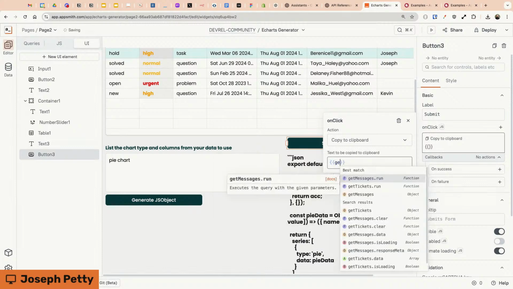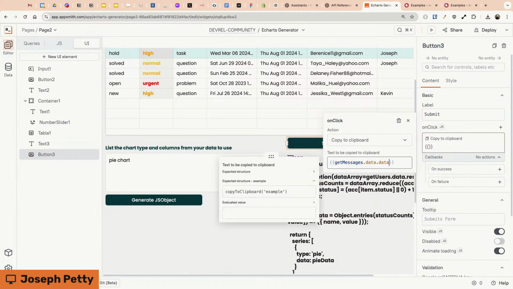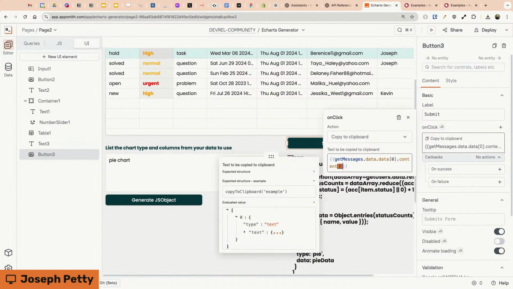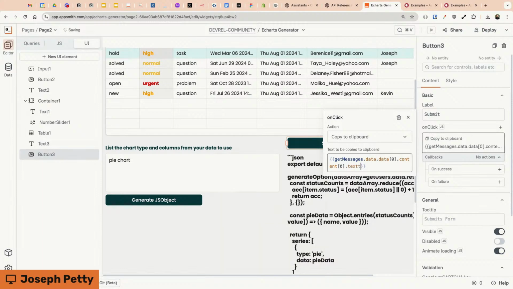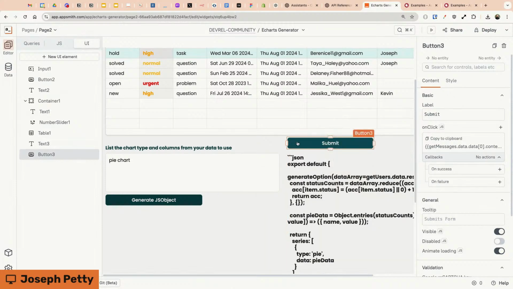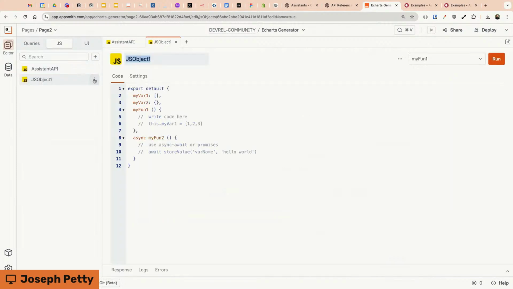I'll just type this. It's get messages data. We'll practice this structure, right? Yeah. I've done it enough times. I know where it's at now. I don't need to look, but it's still pretty nested. Text value. There it is. Okay. So if I copy that value, and we'll make a new JS object,